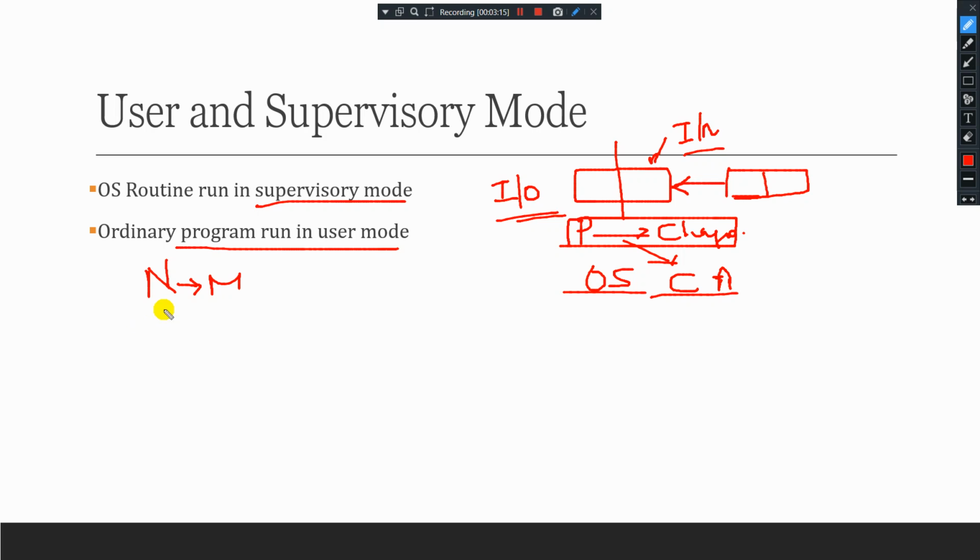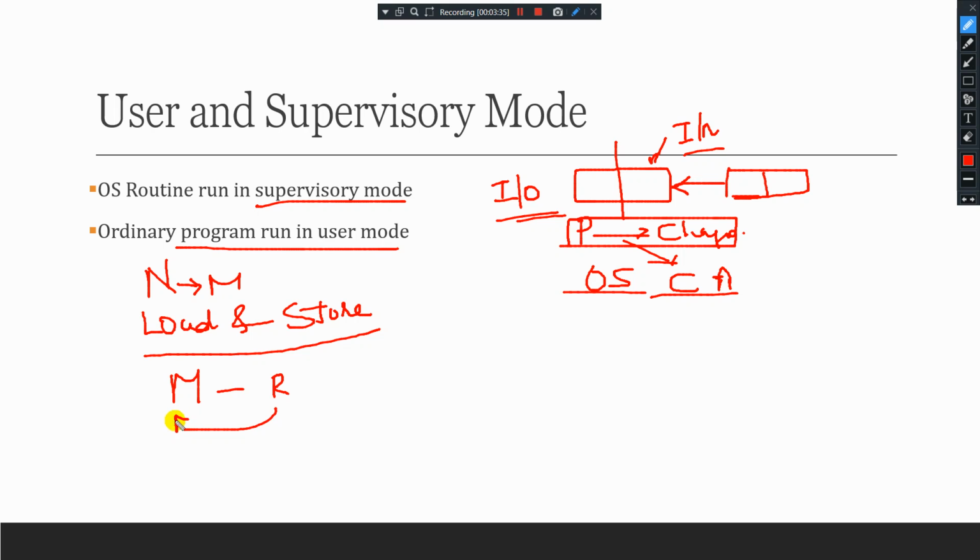For example, load and store general registers, where it can load from memory to registers or from registers to memory. It also uses arithmetic, logical, test and compare, and data copying instructions, as well as branch and subroutine instructions.